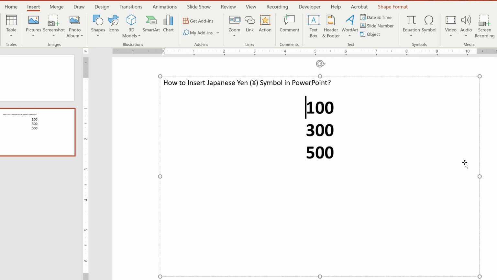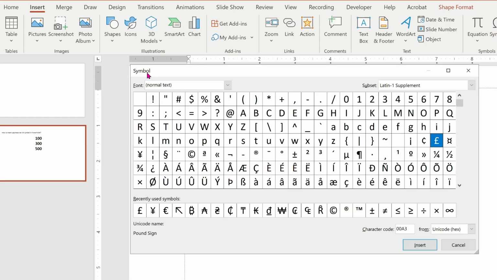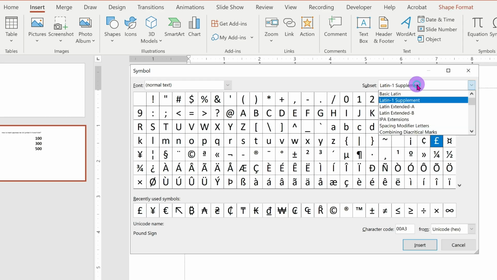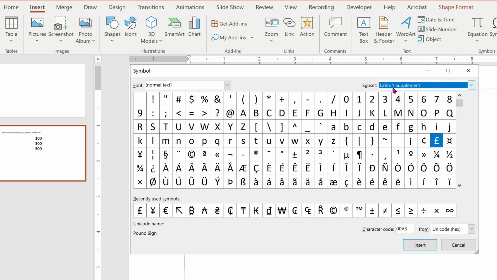In this video, I will guide you how to insert the Japanese yen symbol in a PowerPoint slide. For this, you need to click on Insert on the top menu bar, and on the right side click on Symbol. In the Symbol dialog, you need to select the font Normal Text, and in the subset you need to select Latin-1 Supplement, and then type the character code